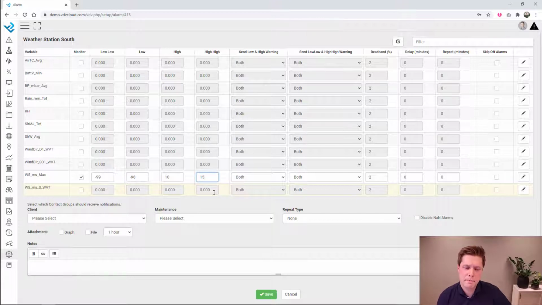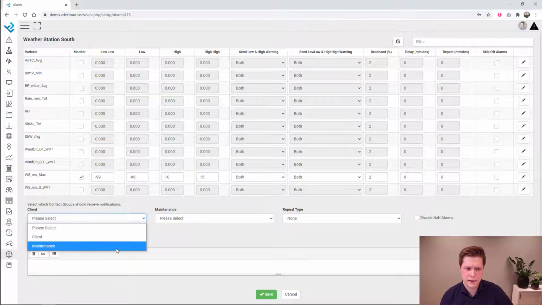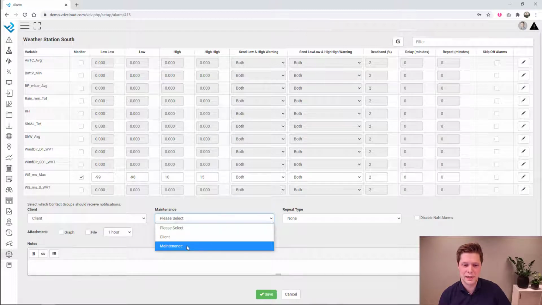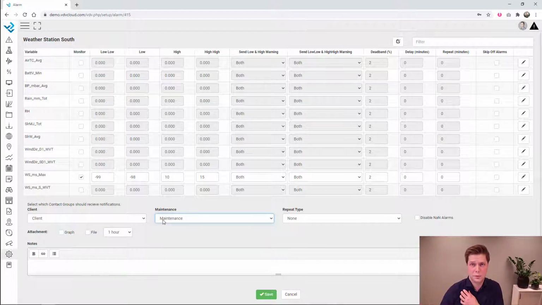There are a couple of options here with the alarm setup that are very powerful. First of all, at the bottom, we have two drop-down lists called client and maintenance. Here we have two groups. These are our contact groups. Maybe a bit confusing that I called my contact groups client and maintenance, but for this webinar's sake, let's select here our maintenance group, which had myself in it,